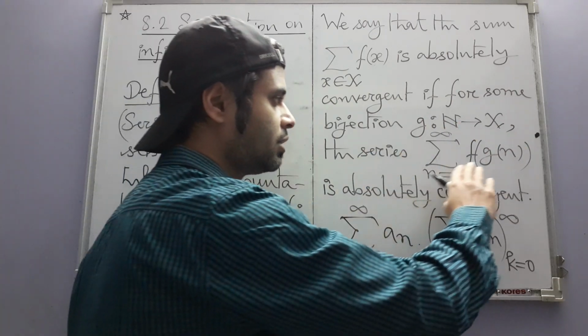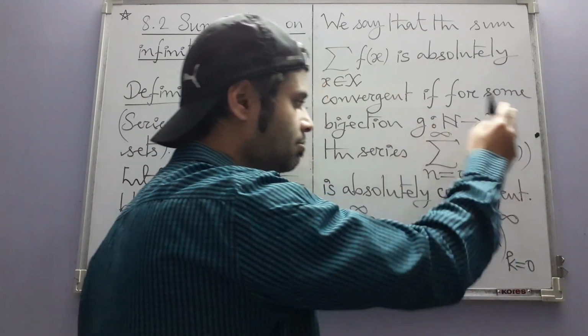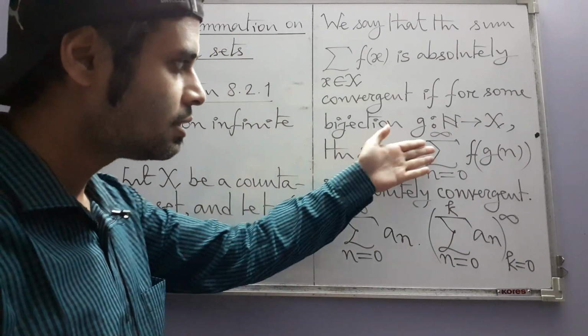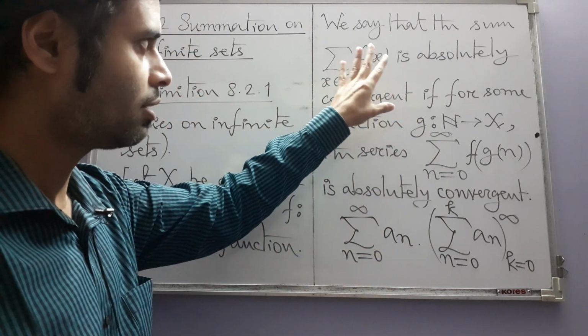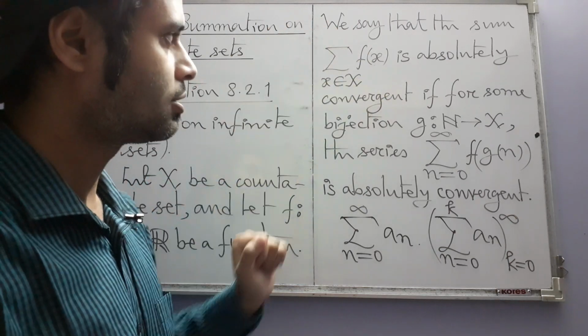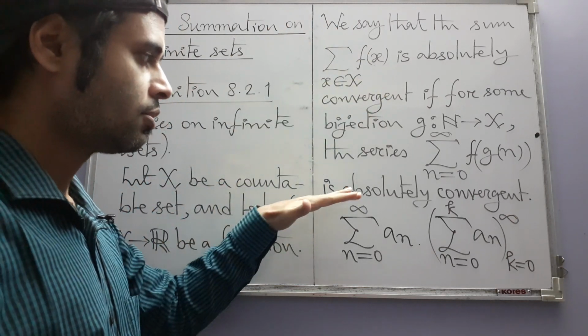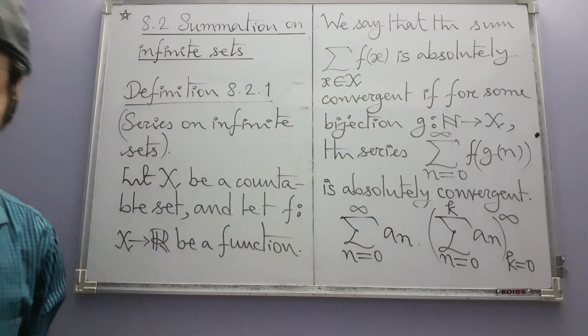So now after we have provided this sum with a sequence and order, it becomes an infinite series, and when this infinite series is absolutely convergent, we are saying that this symbol or this sum, whatever you may interpret it as, is also absolutely convergent. Okay, now comes the next part of the definition, and when this happens,